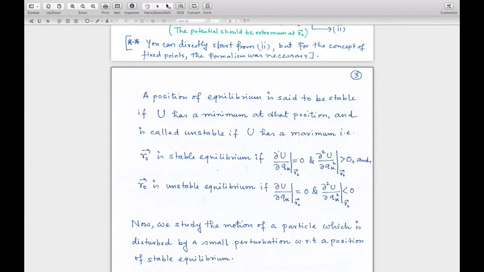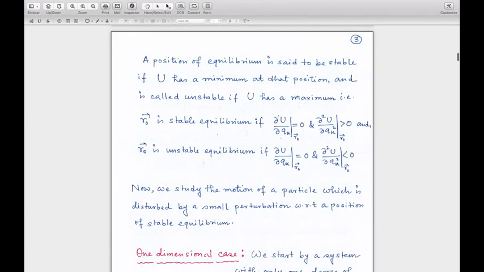That is the condition for a minimum. And if it is unstable, then U actually is a maximum at r equal to r0. So ∂²U/∂q² will be a negative quantity. Okay, but in both cases the first order derivatives with respect to q_k will vanish. Okay,